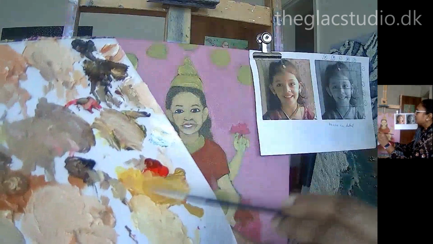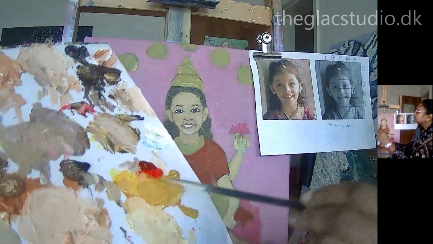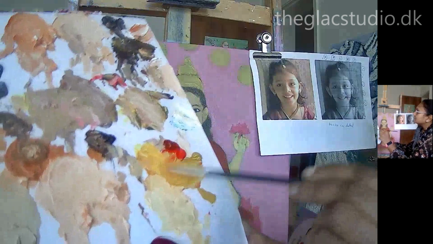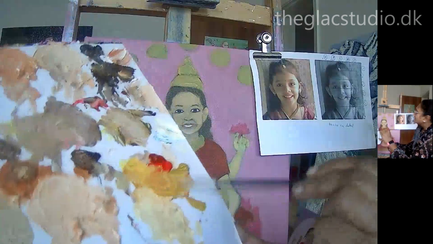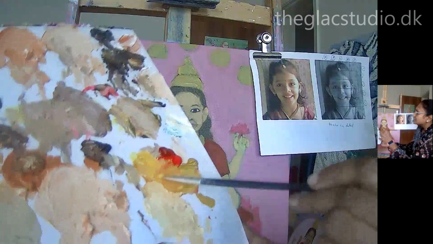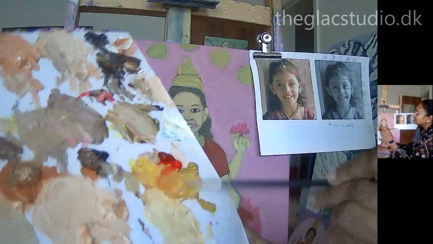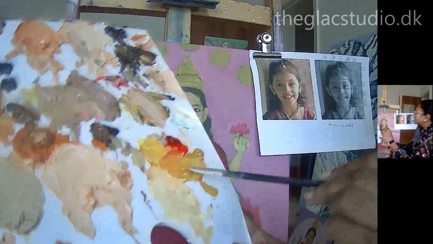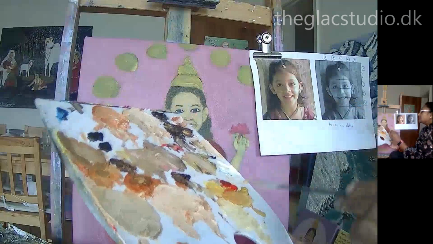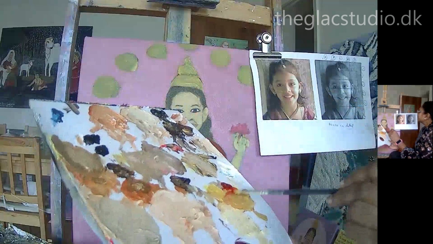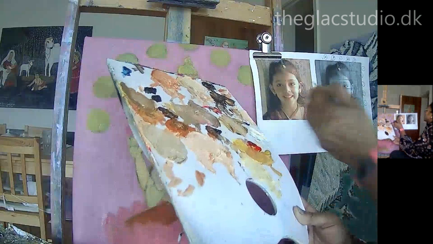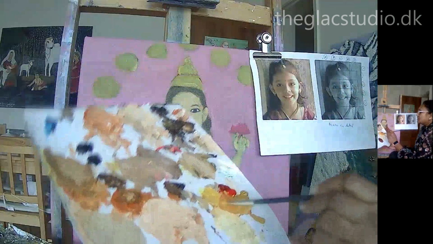I will add a tiny bit of vermilion to this, not too much, because there is a trait of pinkness or freshness in the skin tone. Not too much, very light, so I see that. And this color tonality, when I look at it, I'm just checking where it goes. It needs to be